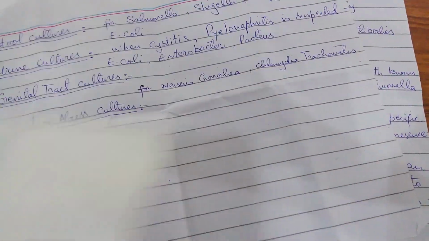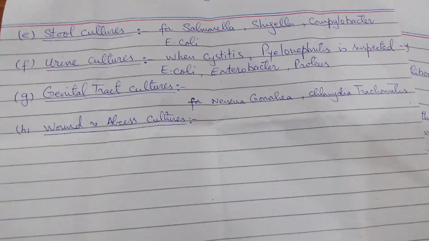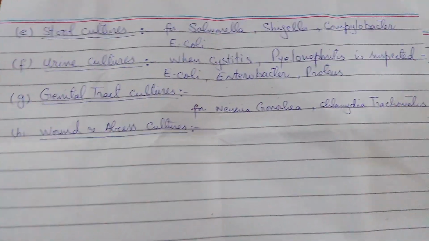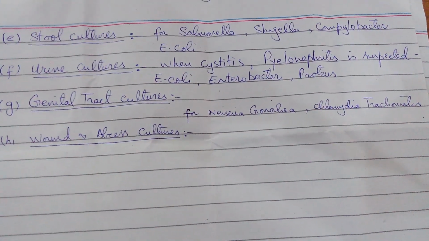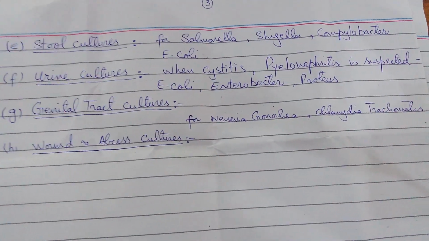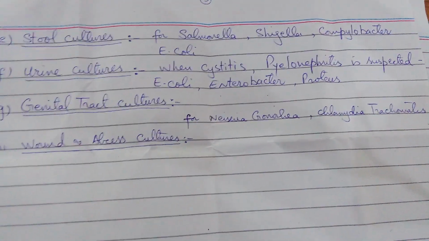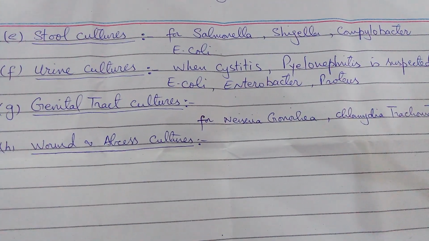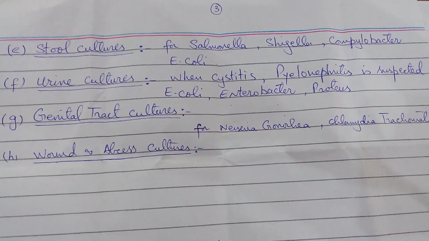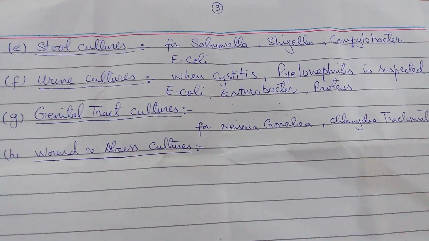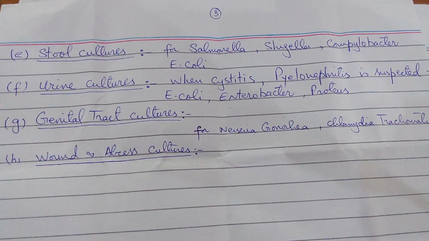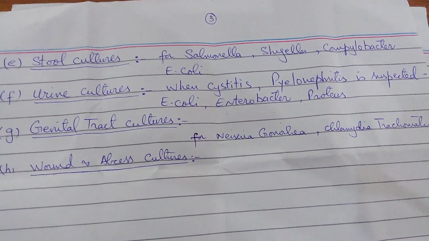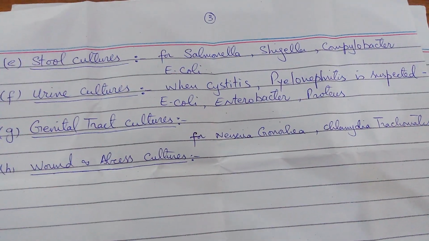Now students, next culture technique is stool culture. Stool cultures help us to diagnose infections from Salmonella, Shigella, Campylobacter and E. coli bacteria. Next we have urine cultures. Urine culture is placed when the doctor suspects cystitis or pyelonephritis. Microorganisms which can be isolated from urine cultures include E. coli,